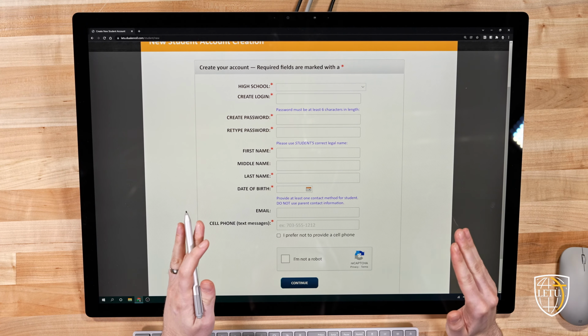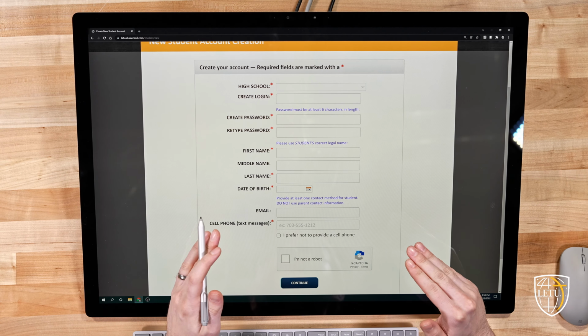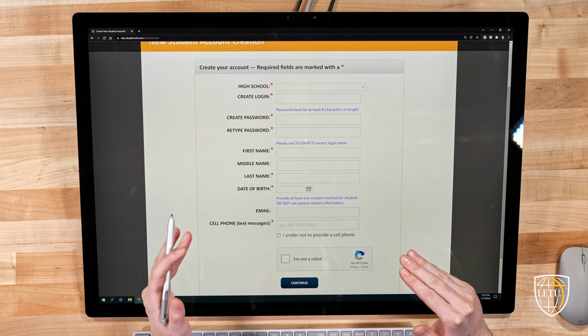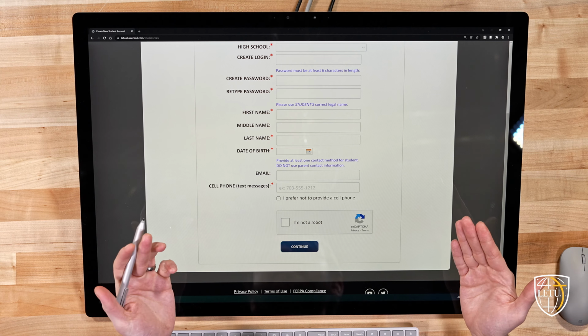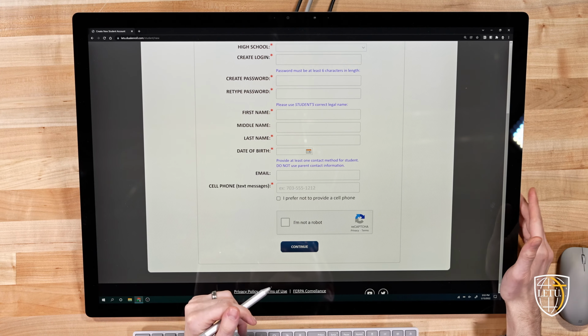It's really important on that last part that the contact info be the student's, not the parents', okay? So after that, check the box that says, "I am not a robot," unless you are a robot, and we'll continue on to the next page. The next thing that's going to happen is you're going to get a verification text message sent to the phone number that you entered. Put that code into the spot on the page to verify your phone number, and you'll be done